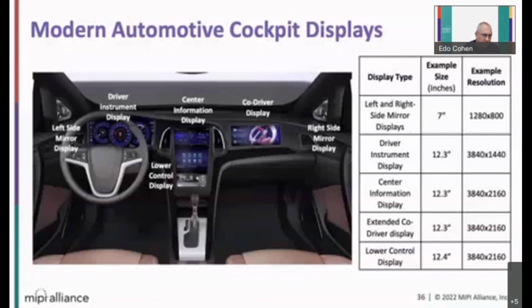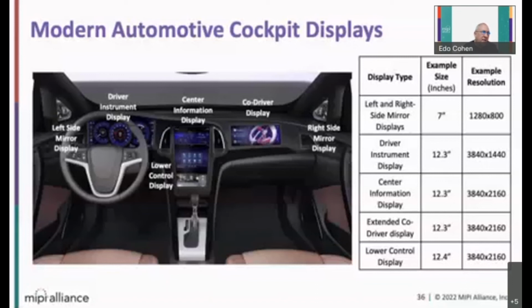But in recent years, and also in the latest shows we've seen and announcements, you can see that many OEMs are driving this cockpit environment to much higher capabilities and resolutions than in the past.